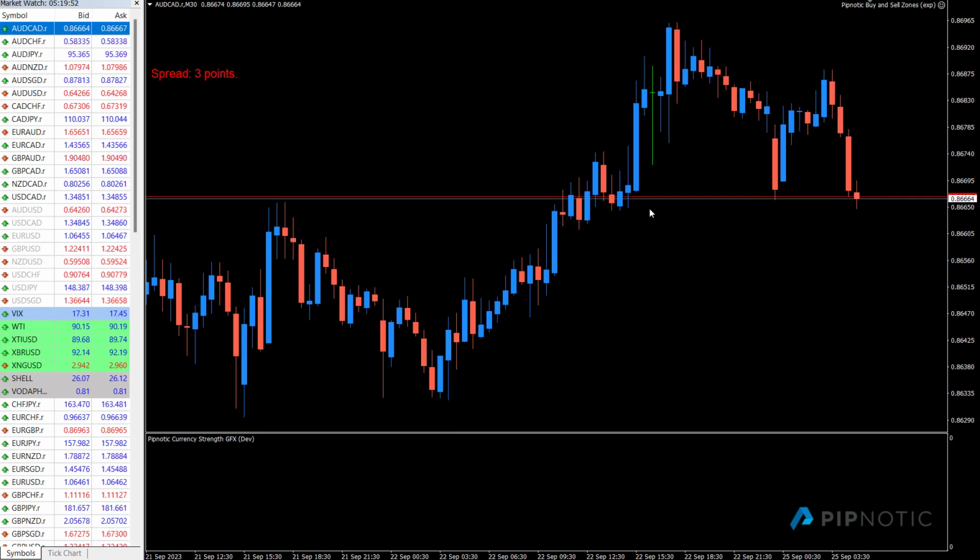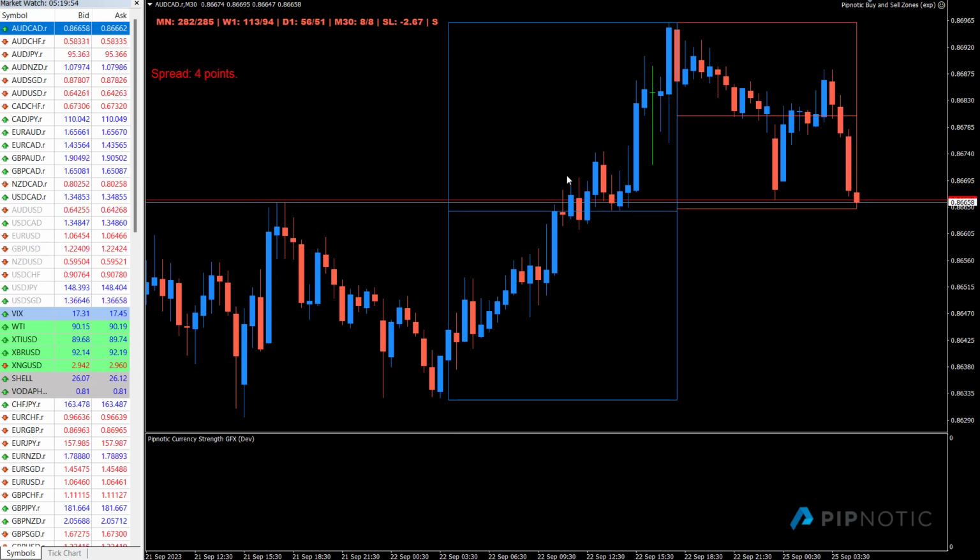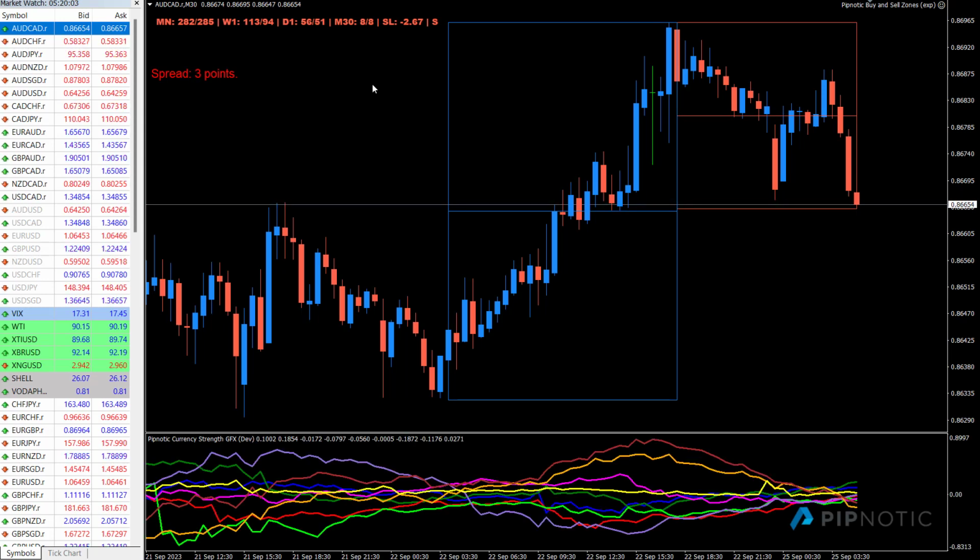And so, essentially, if you're using the supply and demand software or you're using buy and sell zones, we're pretty much doing the same thing. But one thing we have to ensure is that if we are using the supply and demand software in conjunction with the buy and sell zones